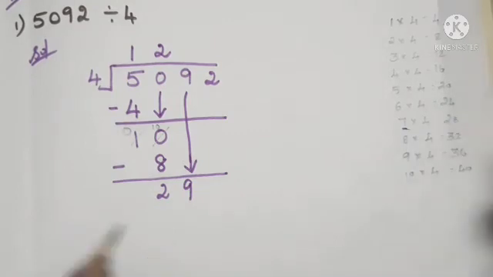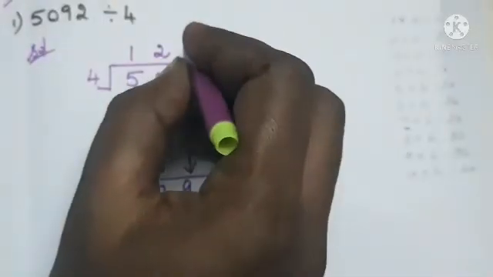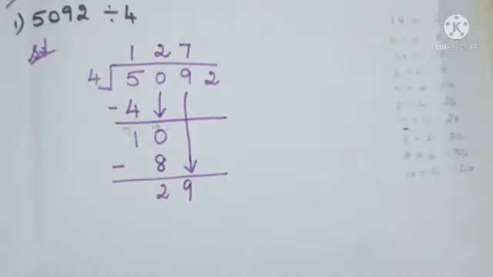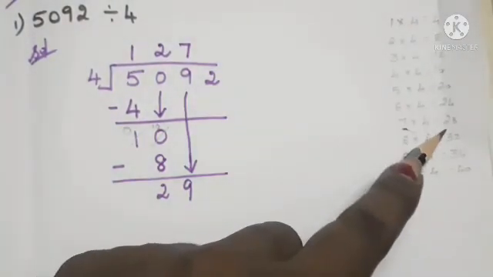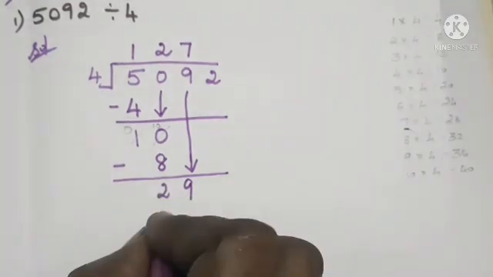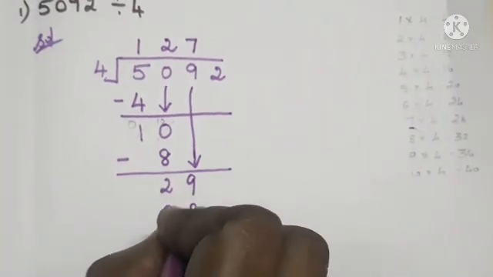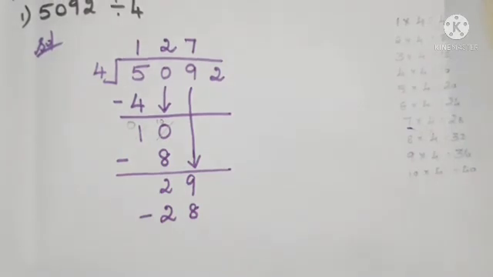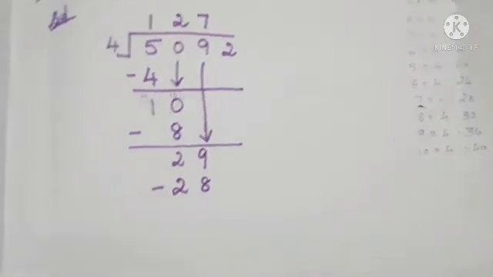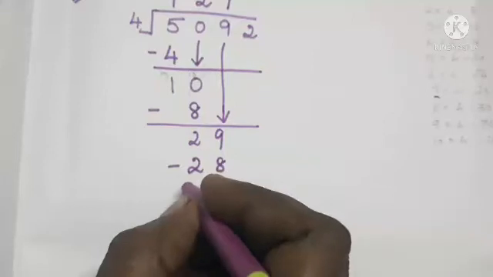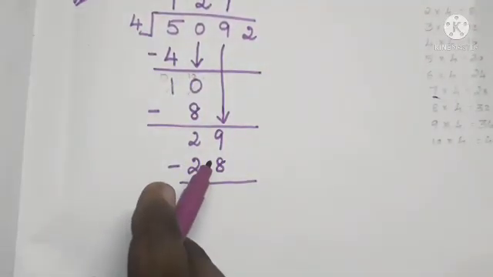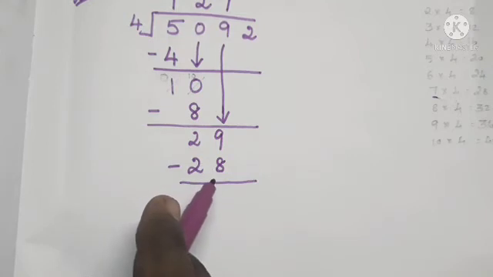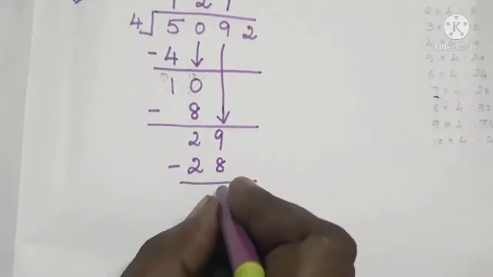So this 7 we can write at the tens place value of the quotient, and this 4 we have here. Then the 28 we can write at the down, below the 29. Next we have to subtract 28 from 29. So 9 minus 8, isn't it, ma? In the ones place we have 9 and down here we have 8 in the ones place. So 9 minus 8 is what? It is 1. We got 1.